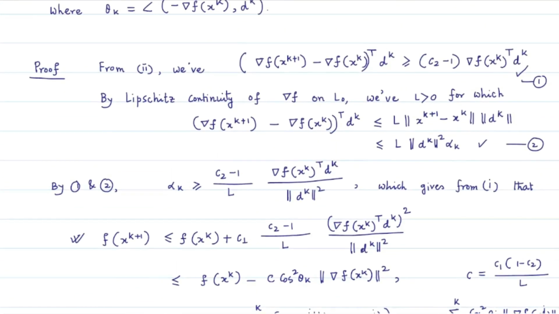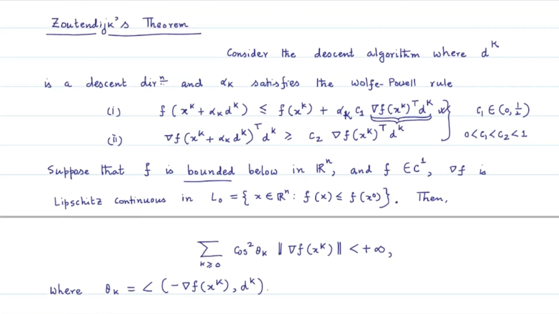A similar result also holds for all the other three inexact line search methods that I mentioned in the previous lecture. Here I have proved this result, Zoutendijk's result, for the Wolfe-Powell rule. You can find Zoutendijk's result for the other three inexact line searches in one or two of the references I will mention later. But here I would like to mention that this condition, that this series is convergent, is known as the Zoutendijk condition,